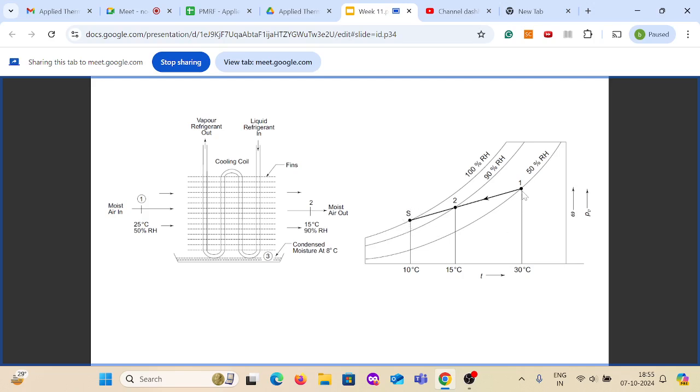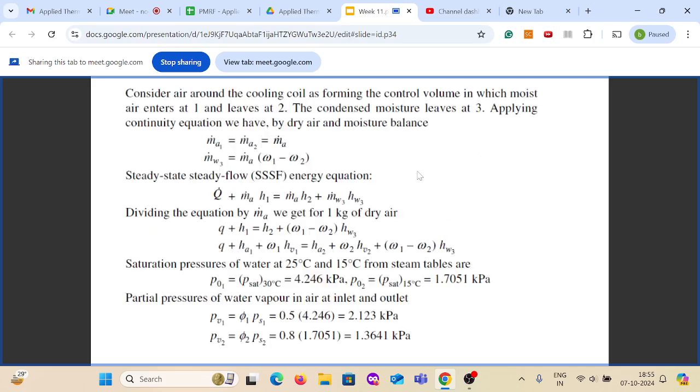So where this line crosses, that is my dew point temperature. And if you see, that dew point temperature is 10 degrees Celsius. So where the saturation curve and this line cross, that is 10 degrees Celsius. So now consider the air around the cooling coil as forming the control volume, in which moist air enters at 1